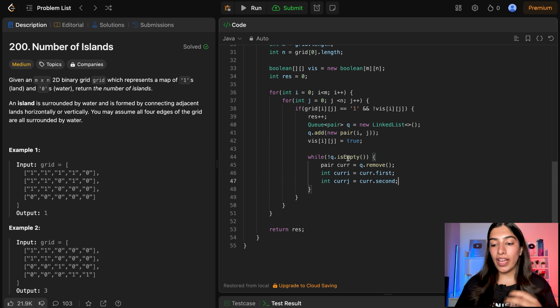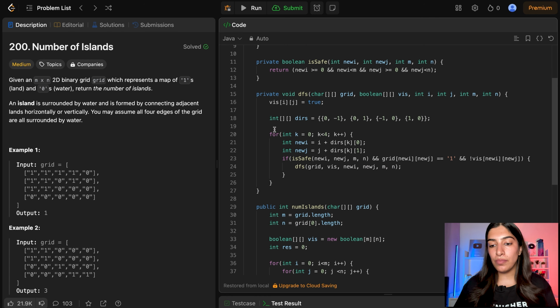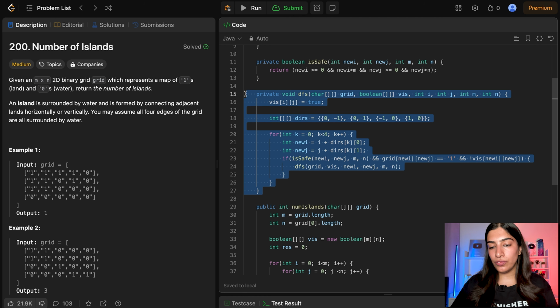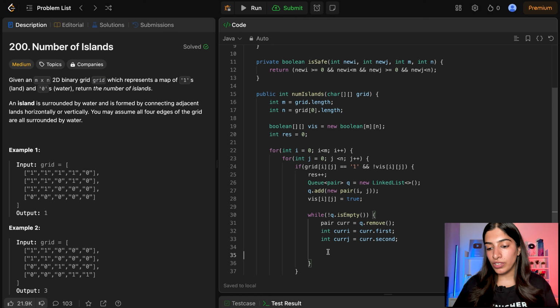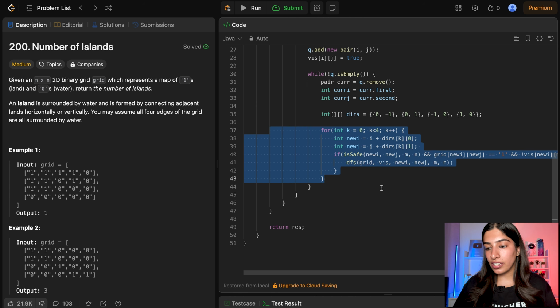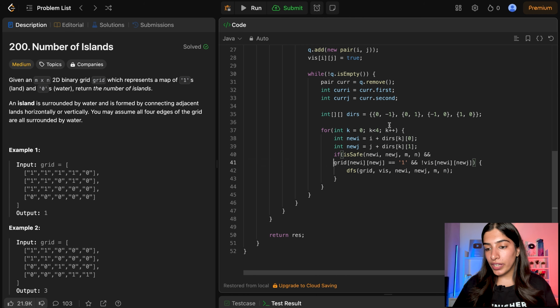Now what do I need to do? I need to go through its neighbors. And how can I do that? I basically just copy paste this entire code. So I pick this up, I copy it and I can actually remove the DFS code. I won't be needing it anymore. And over here I'm just copying it. Basically I'm trying to traverse through the neighbors of current i and current j. And how do I get that? So in this, current i, current j, I'm going through the same directions 2D array and I'm checking if it is safe, I am checking if it is land, if it is not visited,